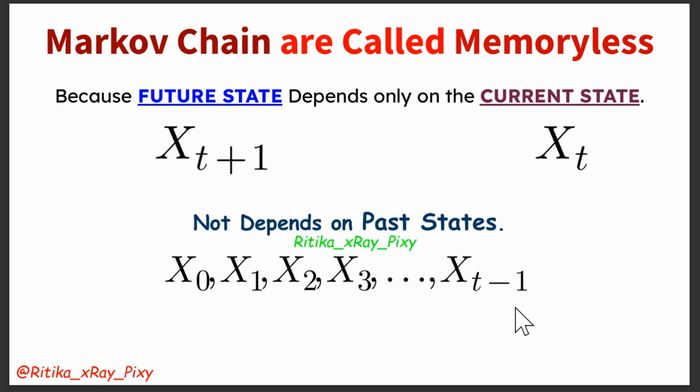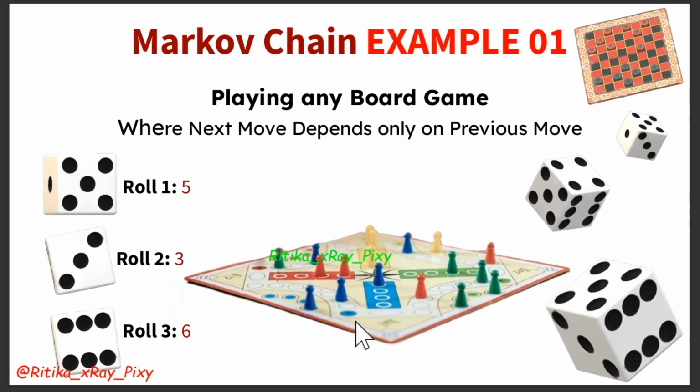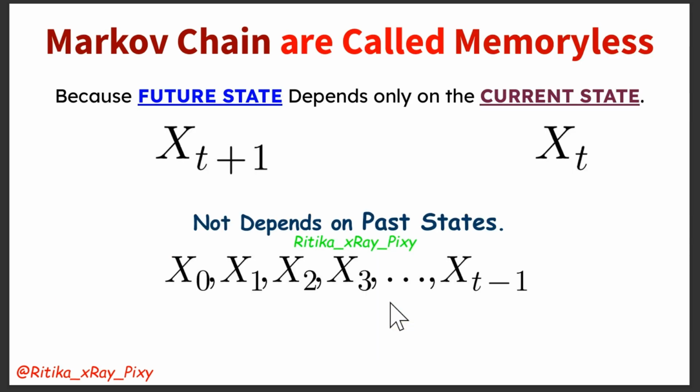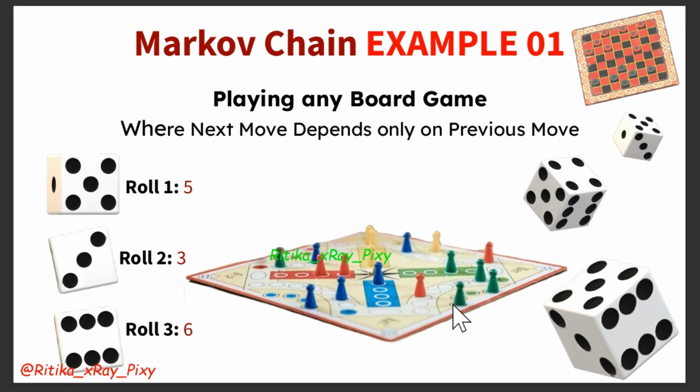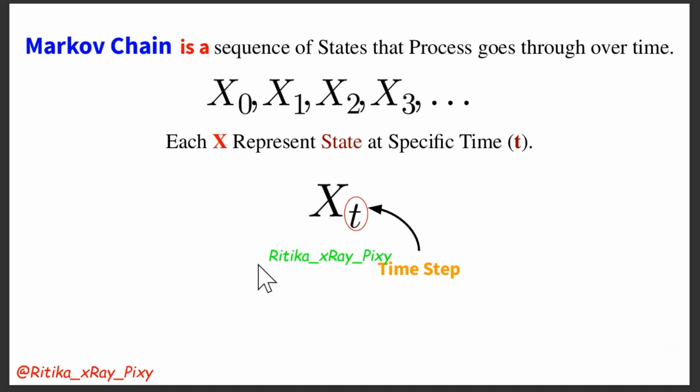Now, let's take a simple example to understand this. Just think about playing any board game where dice decide your next move. At any point, your next move depends only on the number you roll, not the rolls you made earlier. So, this makes it easy to plan ahead without worrying about the entire game history. Same in Markov chains, the future depends only on the current state, not on the entire history of how you got there. So, this makes Markov chains simpler to analyze because we need to focus only on the current state. Now, using different examples, we will understand how the Markov property works within Markov chains.